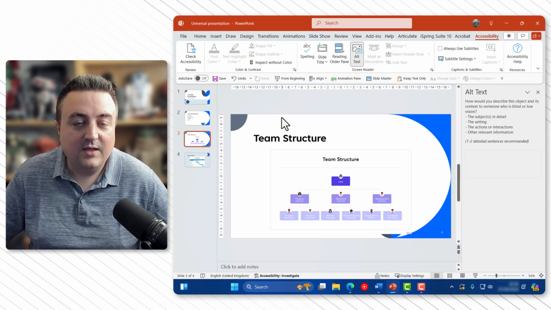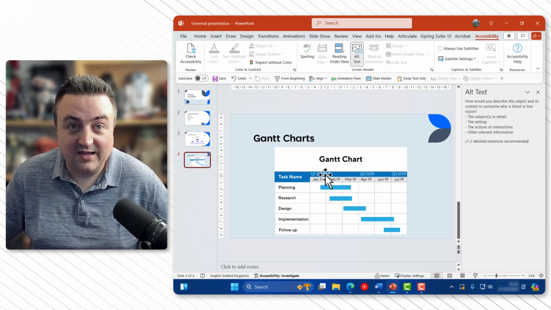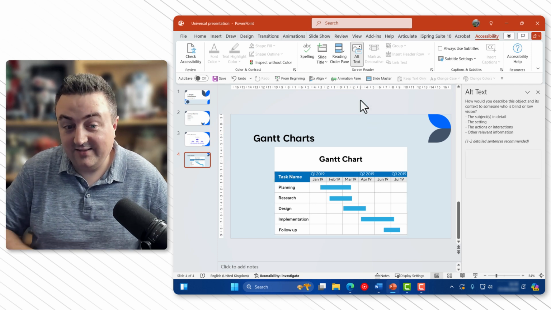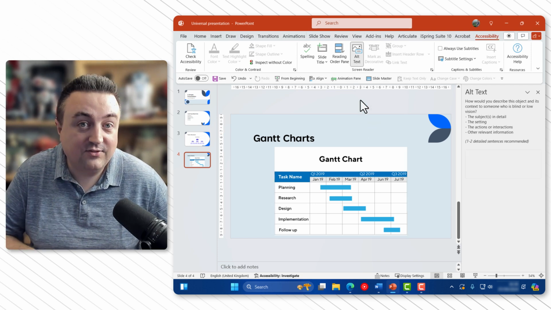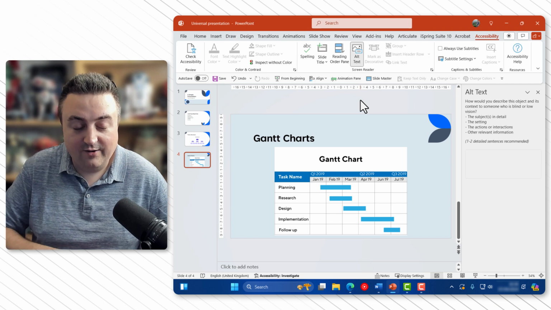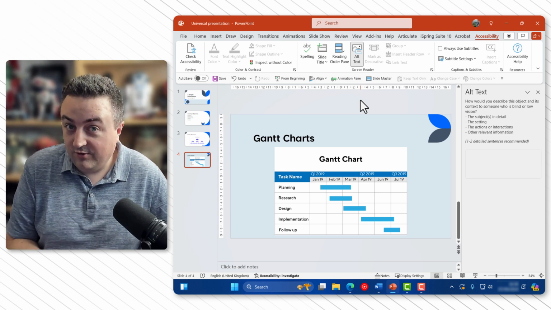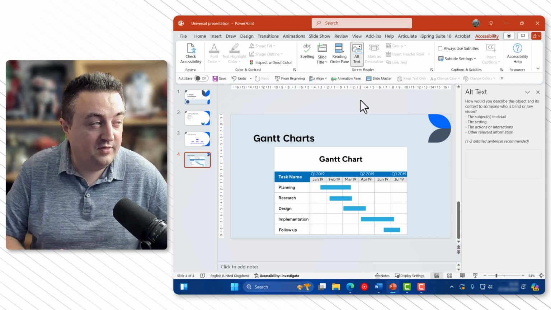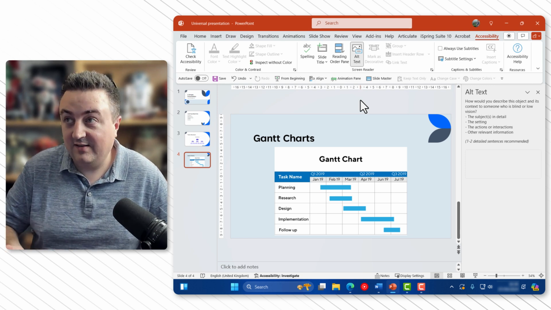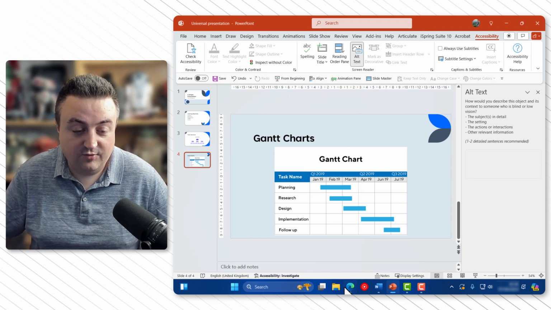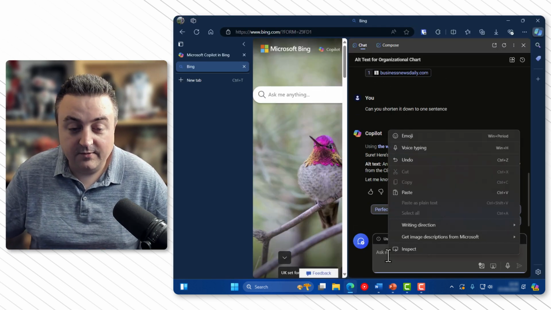Next, we're going to get it to do the Gantt chart. And just as a disclaimer, I actually haven't tried this in advance. This is usually how I like to go. I like to do things on the fly. So this could go good, this could go bad. The important thing is when you're doing these things, especially with AI tools, you don't know what you're going to get. So we're both in for a surprise here.